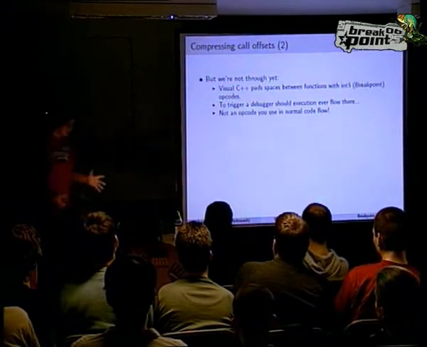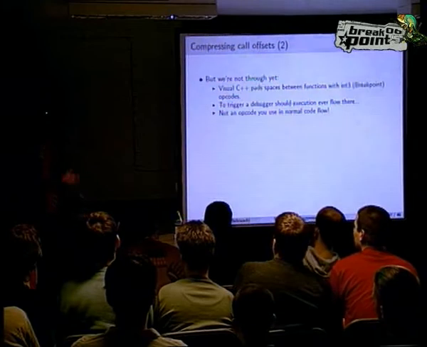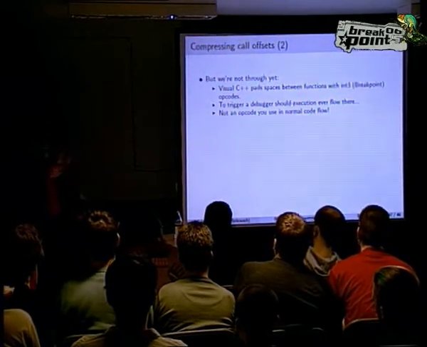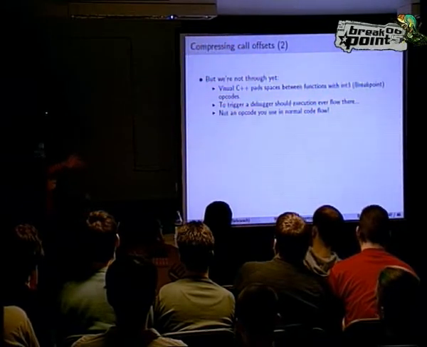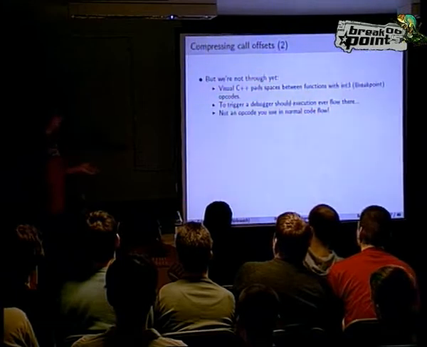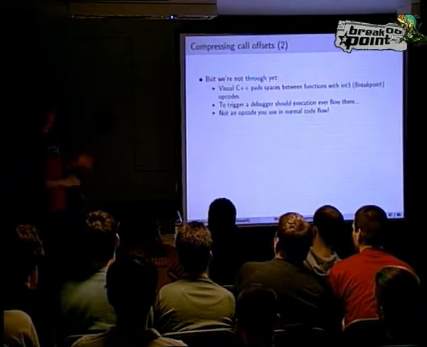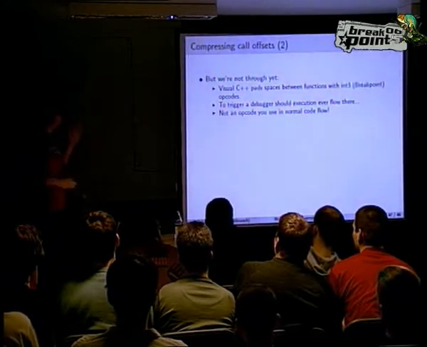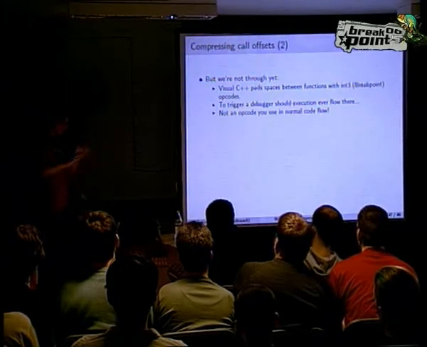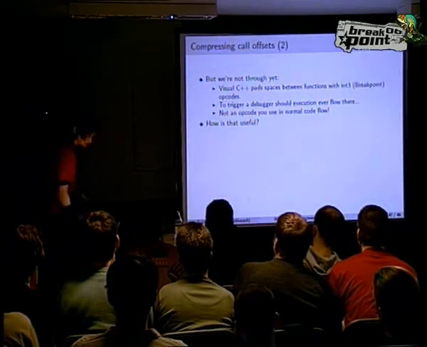And if you're using the Visual C++ compiler, like we do, for example, the spaces between functions get padded with a few breakpoint instructions, which is just there so you notice an error if you accidentally, by some way or other, jump somewhere you shouldn't between functions. The idea is just that you catch this kind of bug. This kind of opcode wouldn't be executed in normal code flow. But you can use that